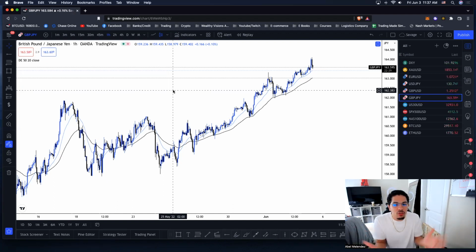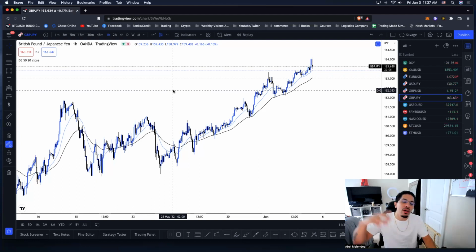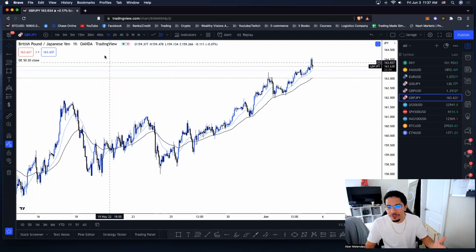Because what we're typically doing here is we're trading off probabilities, all right? We're not going to be 100% accurate. We don't know with 100% certainty what the market is going to do. So we have to rely on probabilities, and we have to take the highest probability type setups. And the way to do that is by usually staying with the trend as opposed to trying to trade against it, okay?